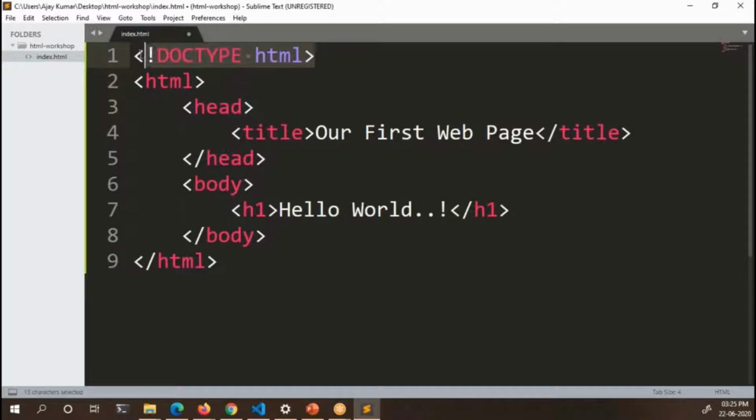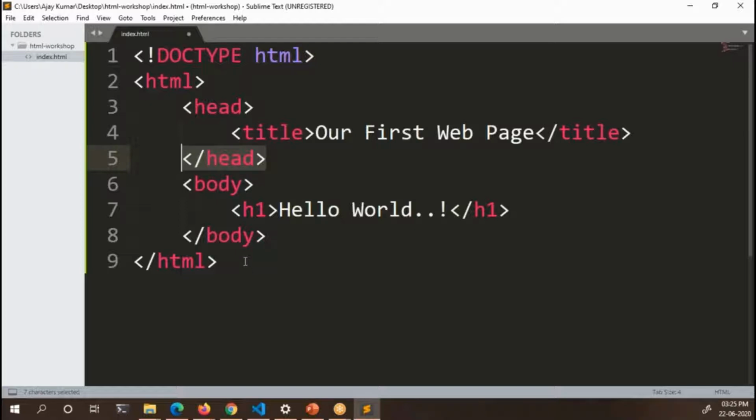So doc type is a must in order to adhere to a specific HTML specification or standard. Okay, so whenever you create an HTML page, these things are must and should. Doc type, HTML, head, title, body. These are the basic required HTML tags.